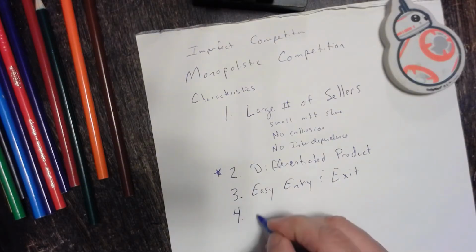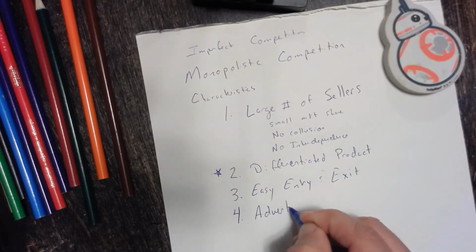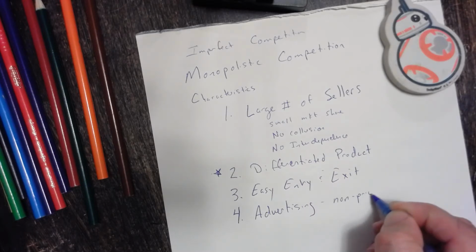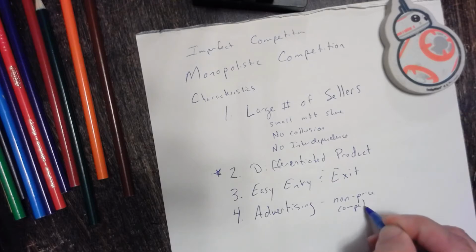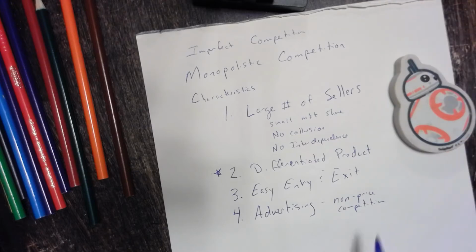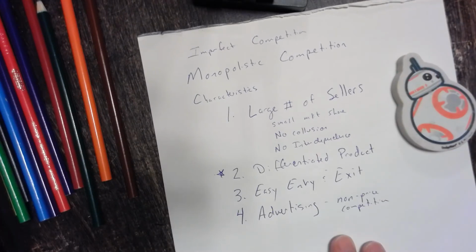And fourth, we talk about advertising. This is also known as non-price competition. This means who can make you think that their product is the best. Look at car companies. Car companies are a perfect example of this, where we talk about advertising and who has the best non-price competition, who has the most awards, who has the coolest commercials and everything else. So those are the main characteristics of a